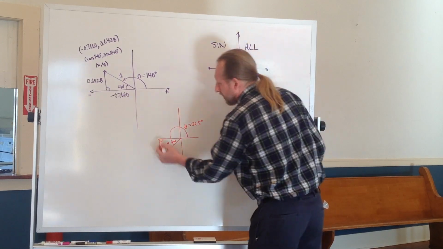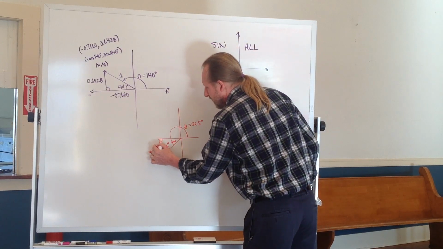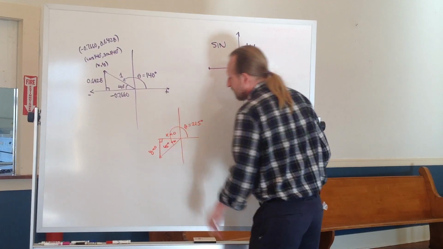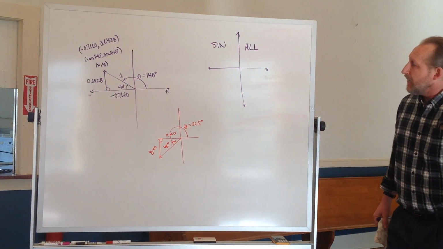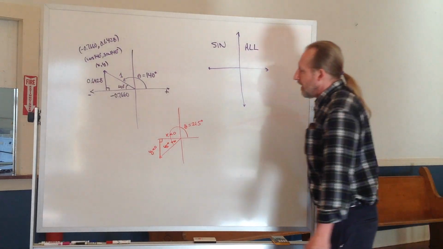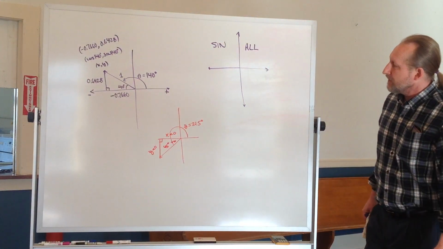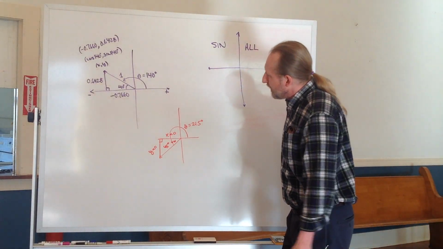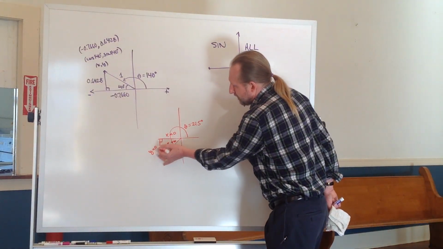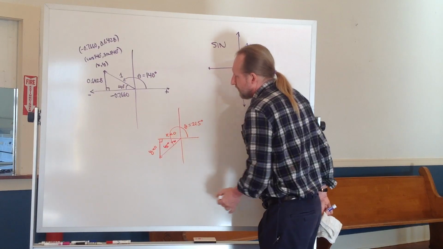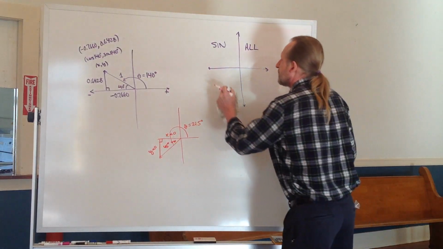Okay? Now, the y is negative. The x is also negative, and so as a result of that, both the sine and cosine will be negative, okay? But the tangent, which is the opposite over the adjacent, is a negative over a negative, and that makes the tangent